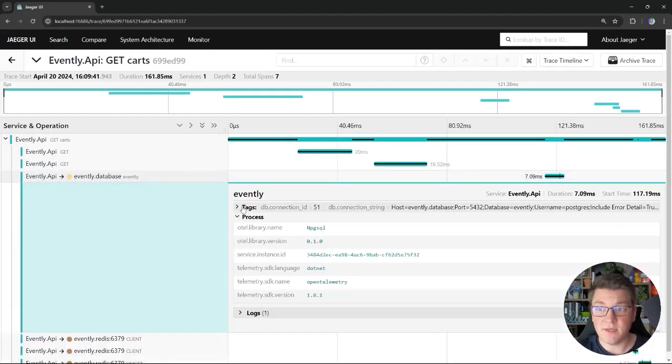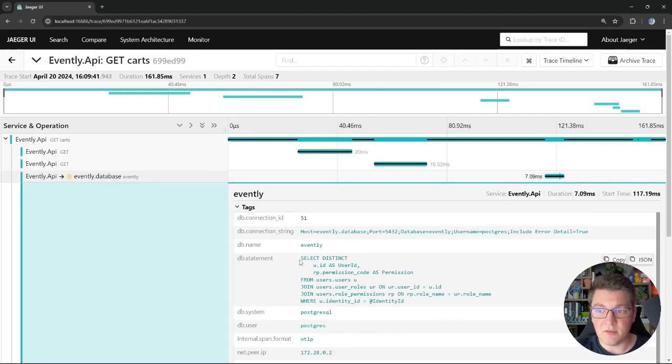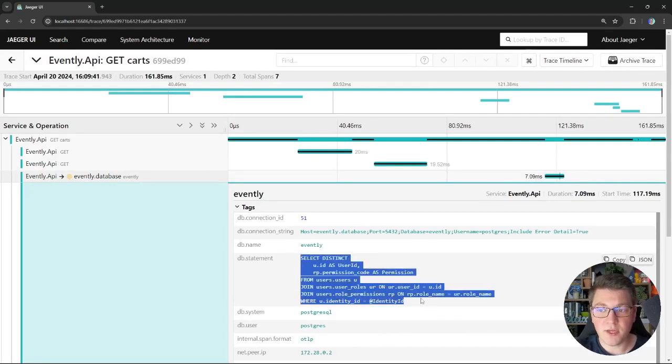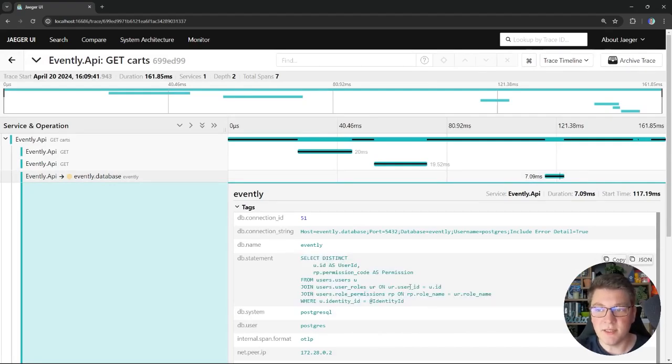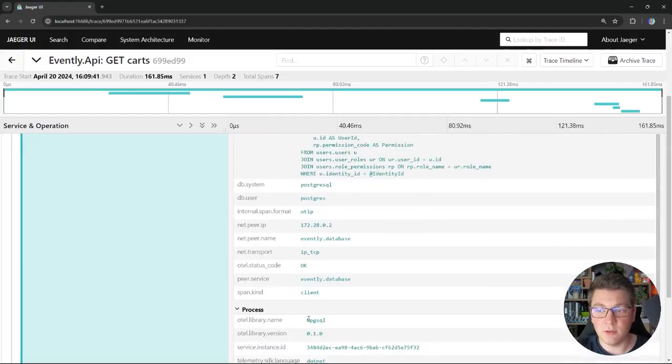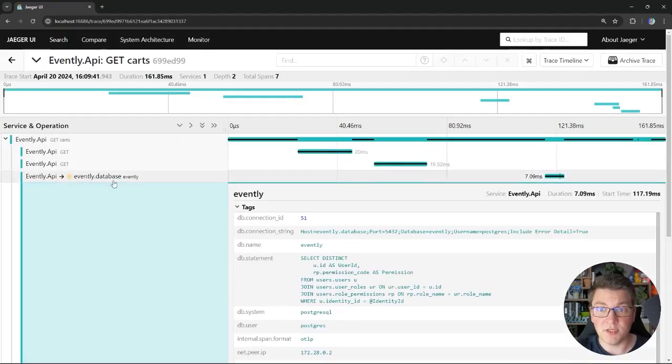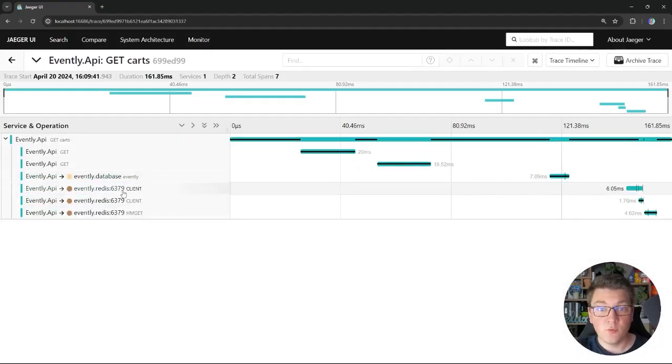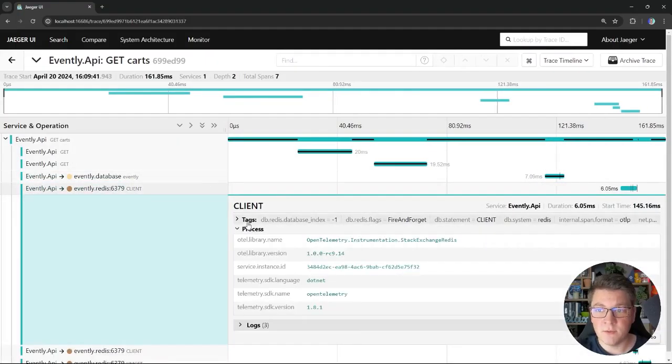Then we have a database span, and if we expand the tags, we can see the actual query that is being sent to our database. And in this case, it's the query to fetch the user's permissions, and this is made available by the Npgsql instrumentation. If we continue with our review, we can see some spans from Redis, and this is part of